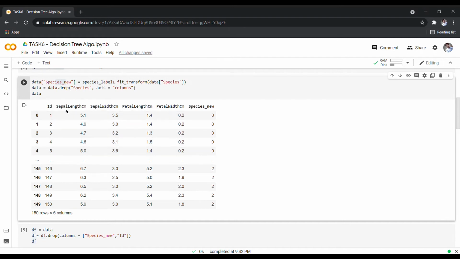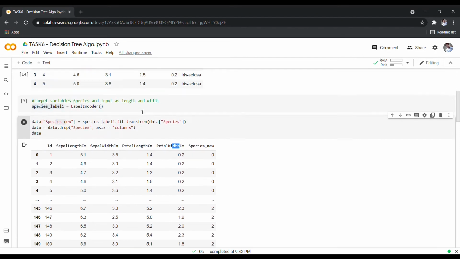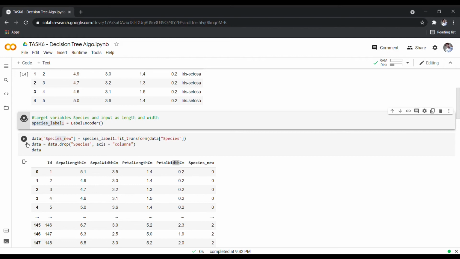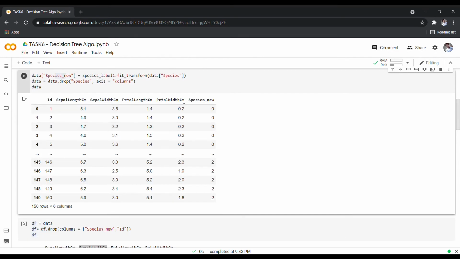Now the input variables are the sepal length, sepal width, petal length and petal width. Just a second, I'll run all these. Okay, so this is the target variable, so we have to remove this one and use just these four values as input parameters.